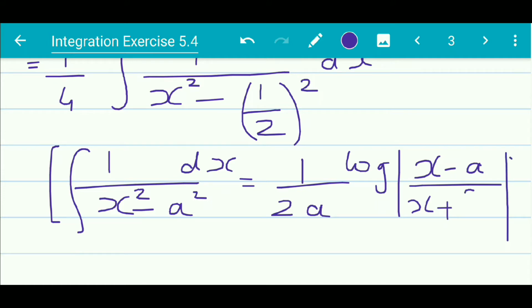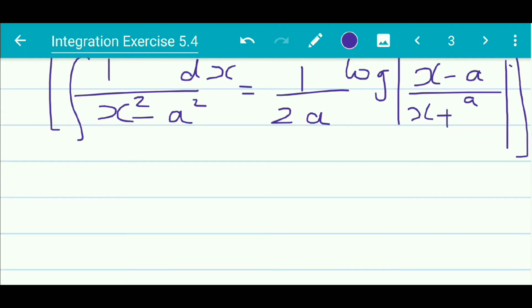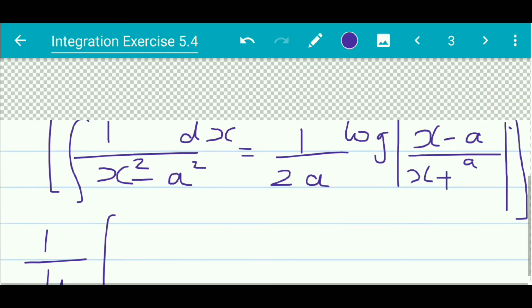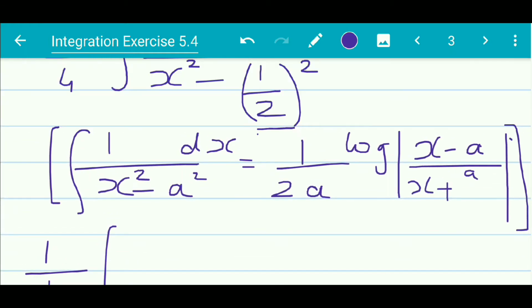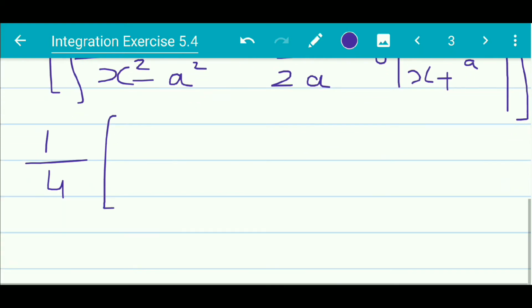Okay. So, now that we have got the formula, we can just apply it over here. The 1 upon 4 remains as it is, and we get the answer this way: 1 upon 2a. Now a means this term, that is 1 upon 2. So we have over here 1 upon 2 into 1 upon 2